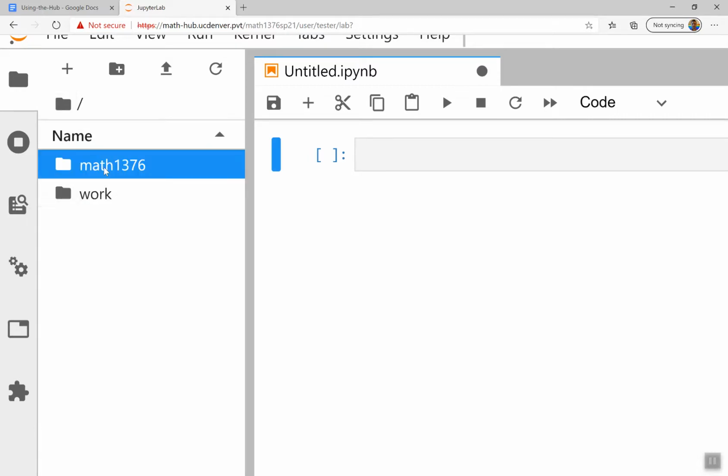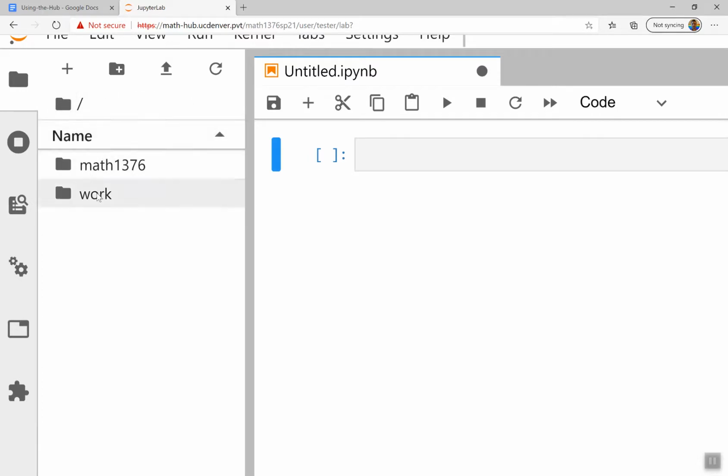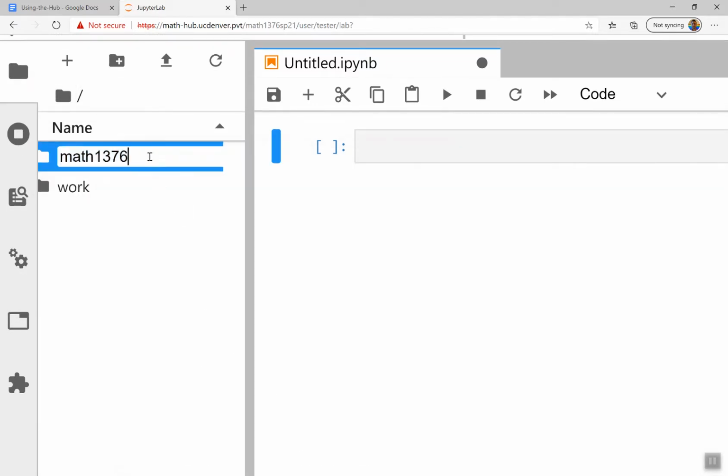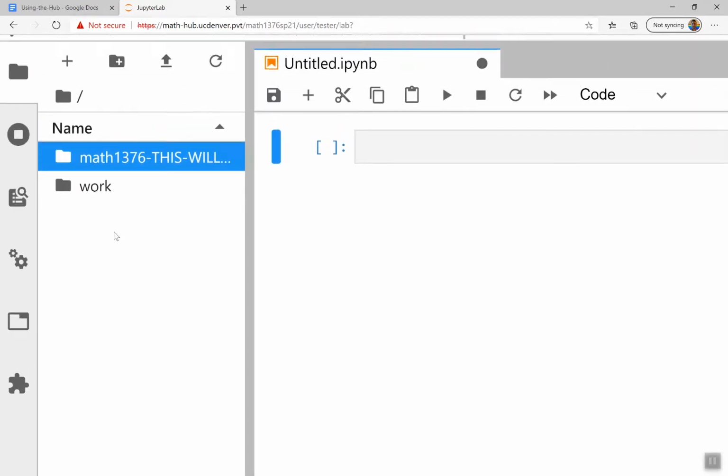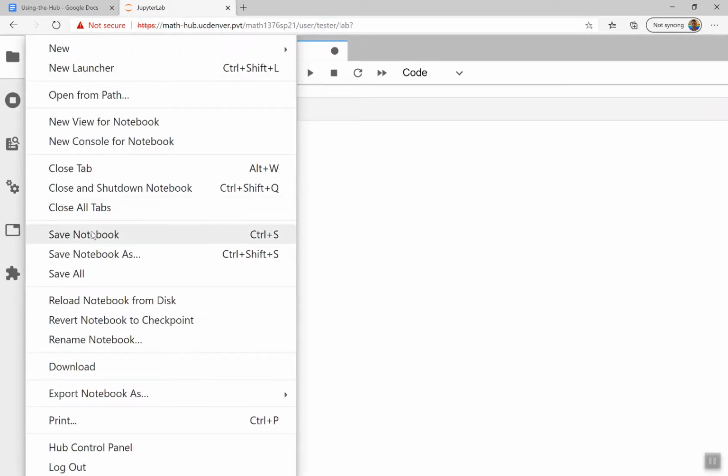But let me just go ahead and come here and again show you. Okay, here's work, here's Math 1376, 01 Jupyter, and Untitled. But this directory is not within work, unlike what I put here. And so just to distinguish it I will rename this so that it's Math 1376. This will disappear. And I'm going to show you what that means. So even though it looks like it's there right now, if I was to say, stop my server, which is